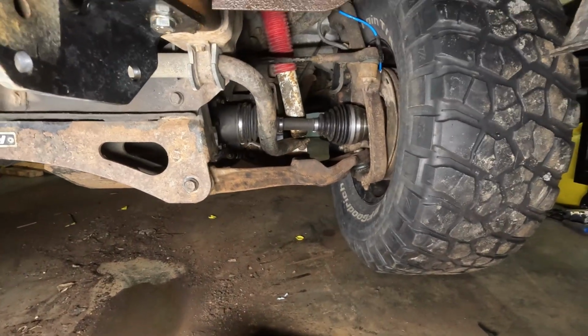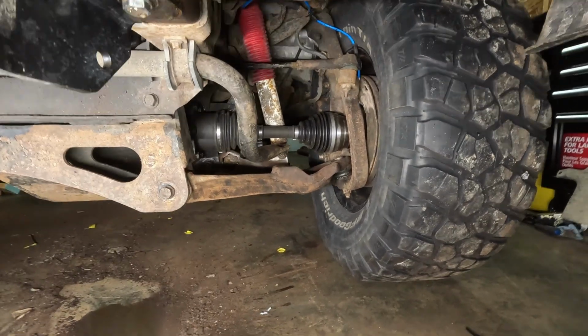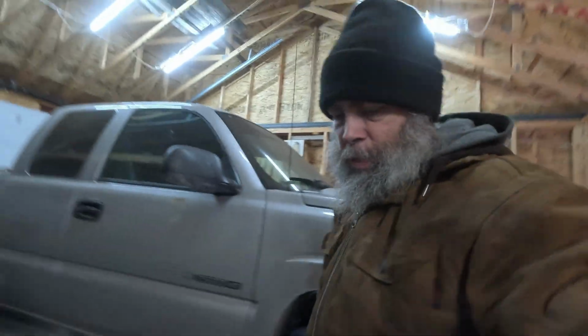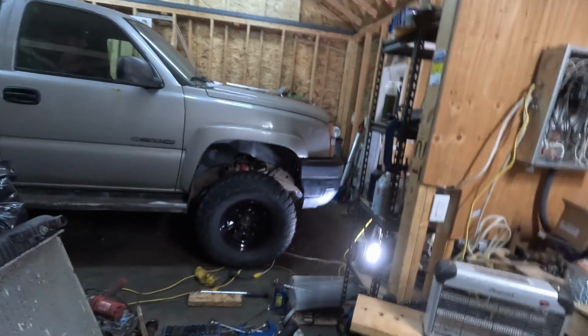So I know that my truck is now sitting level on the ground. And you can see my CV axle there is almost, I would say, if not parallel to the ground on the driver's side. And you can see it's parallel or almost damn near close on the passenger side. So that's not right where I want it, because I do want this truck to sit up just a hair bit higher. I don't mind the rake too much, but what I'm going to do is drive around with it for a few days